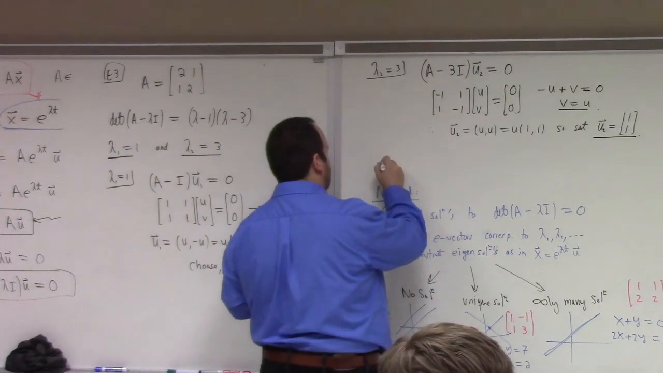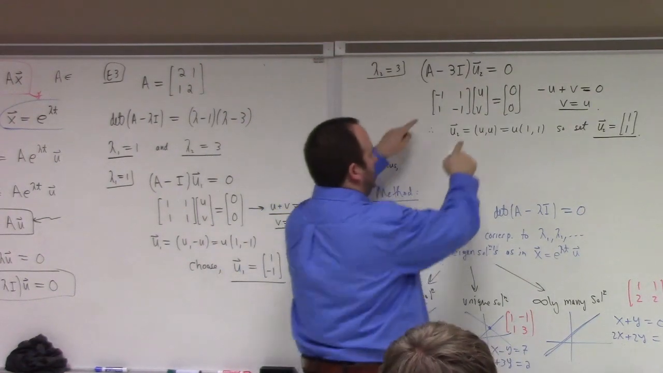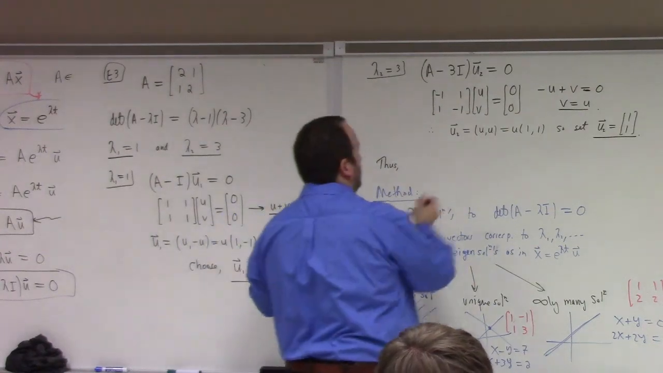How do you get the U and V equation? So this